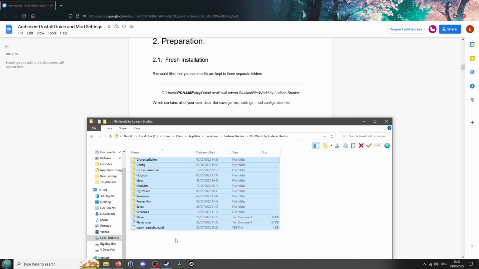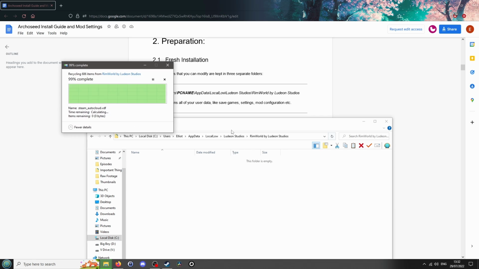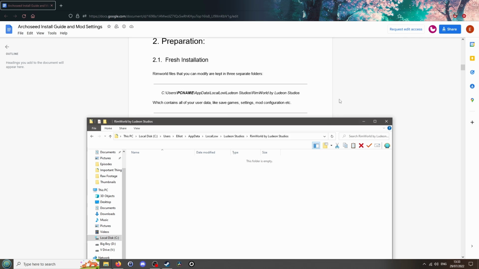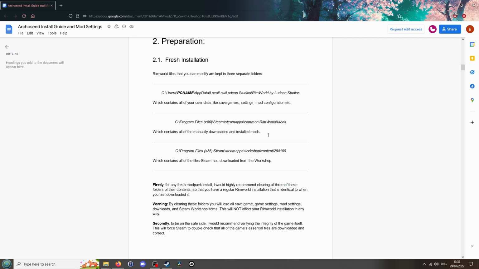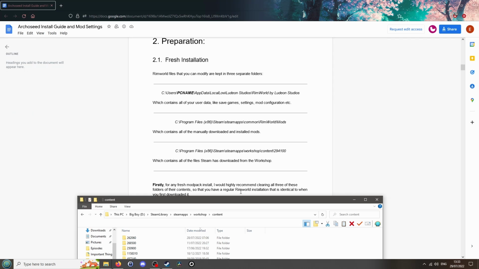So it is helpful. This is a folder that can cause problems, so I do advise you to get rid of it. But if you're unsure about what your settings are or what you've changed, maybe go into your game and take a screenshot before you do this step. But now that that's gone, this second one is if you manually downloaded mods. I haven't done that, so I don't have this one, but I do have the last one here,